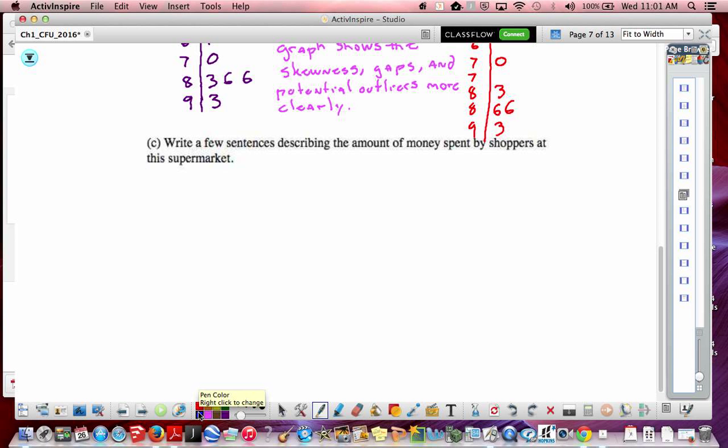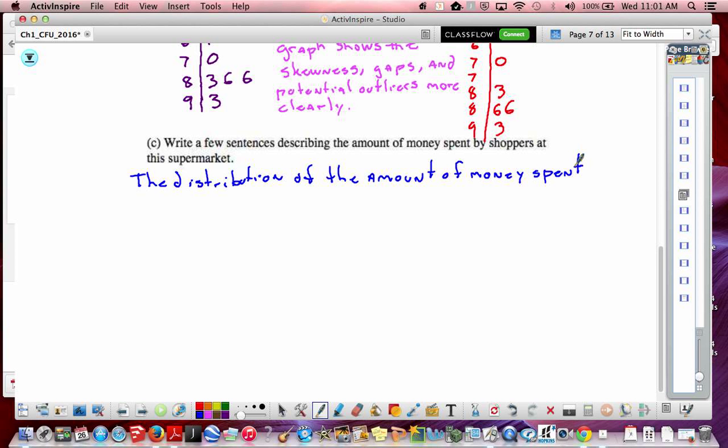The first thing I say is the distribution. Notice I'm putting it in context. Distribution of the amount of money spent by shoppers is skewed to the right